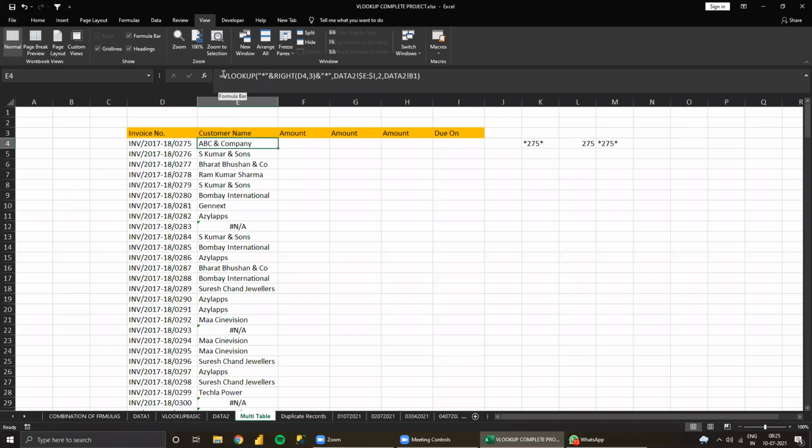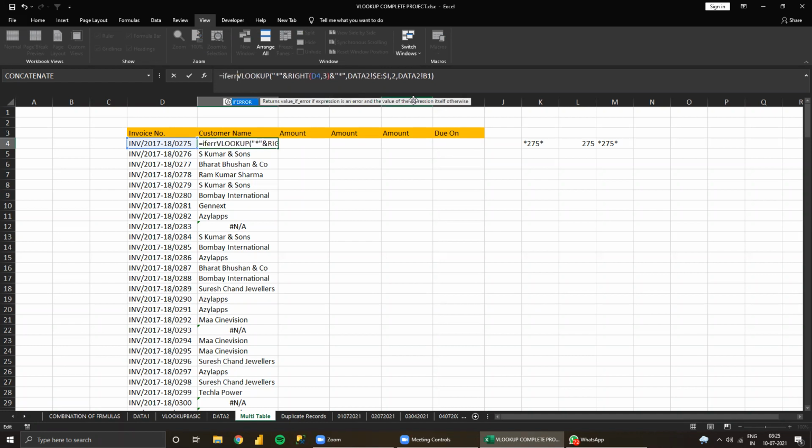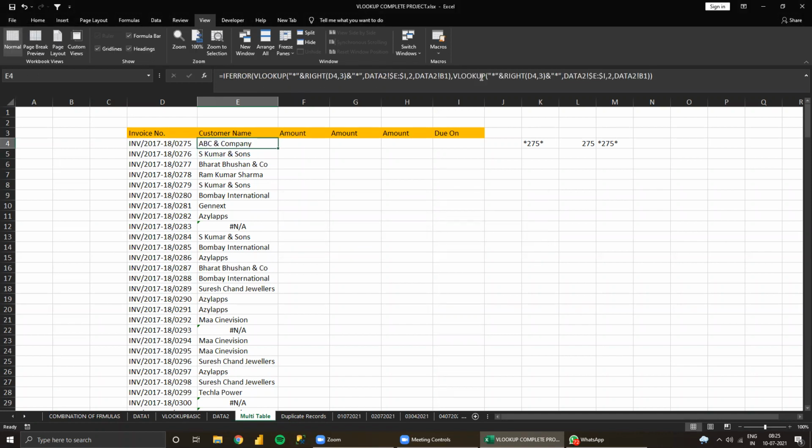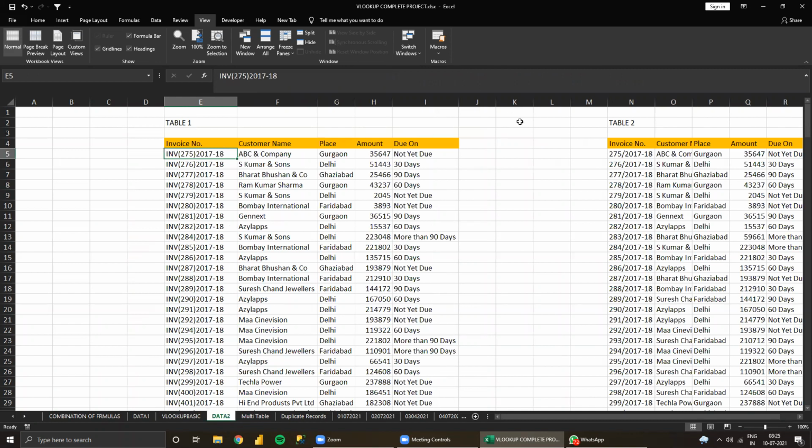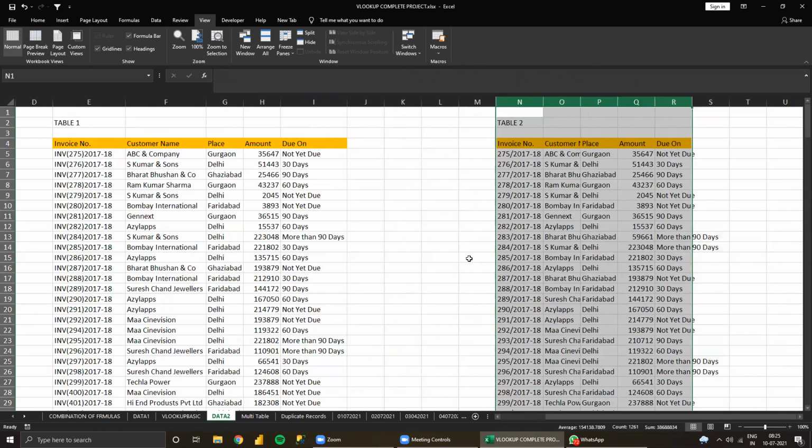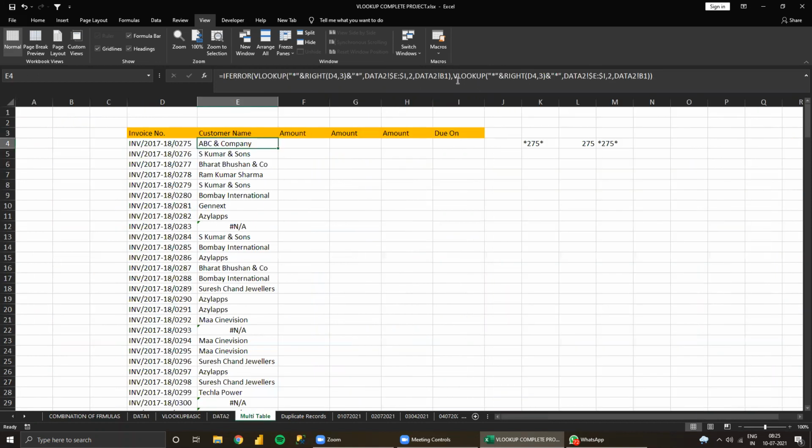Now, same thing, I need to copy here. Okay. Then IFERROR, comma, paste again. See here, the second IFERROR. What is the table here? So the table is from N to, say, R. Okay. Now go here.